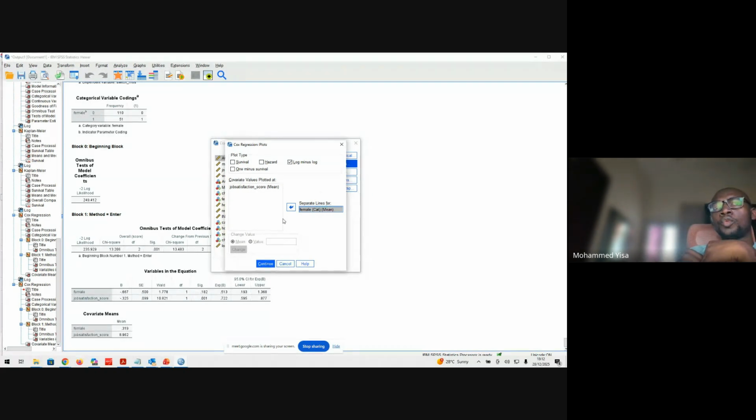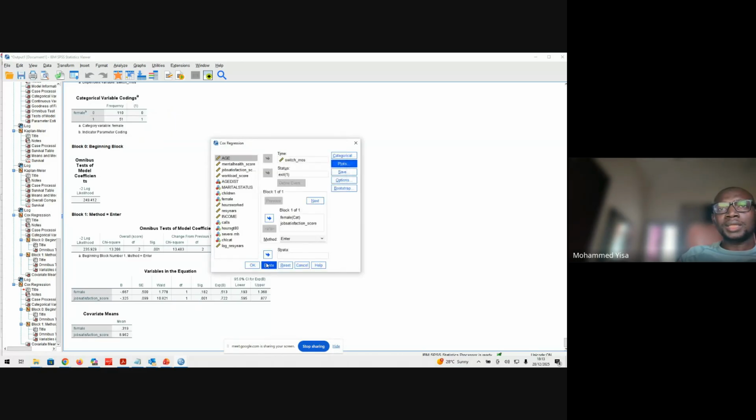And then what we really want is for the lines to remain separate throughout the graph. That would tell us that this assumption has been met. So if you look at it here and click OK,